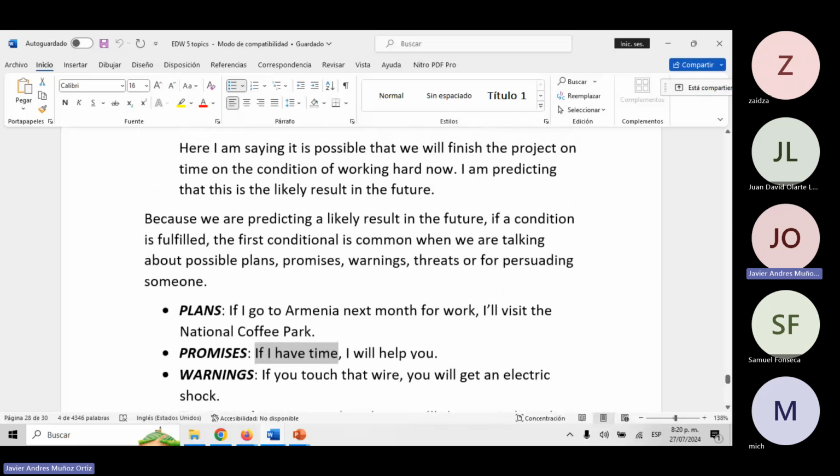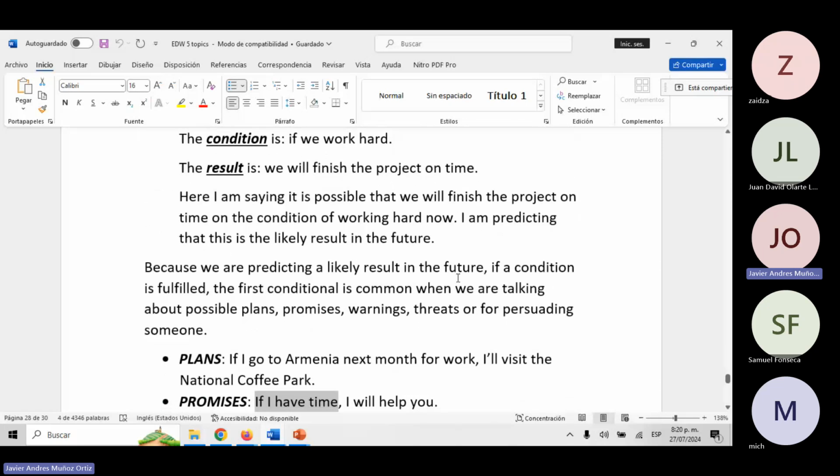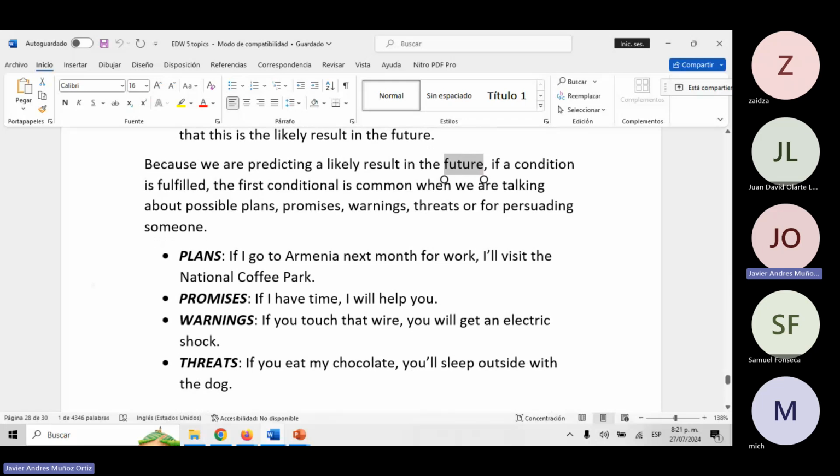Once again, we are going to predict something based on experience, based on knowledge. We are going to predict the future, but the probability of this future happening is elevated, not 100%, but it's very high. So that's why we are saying this, because maybe we can have